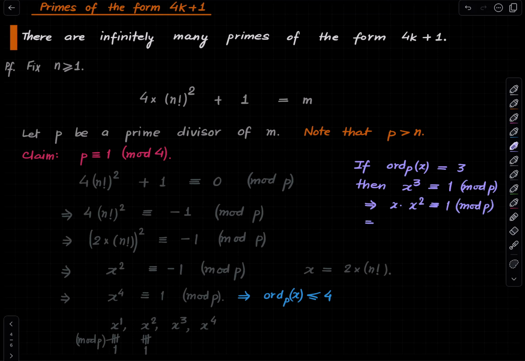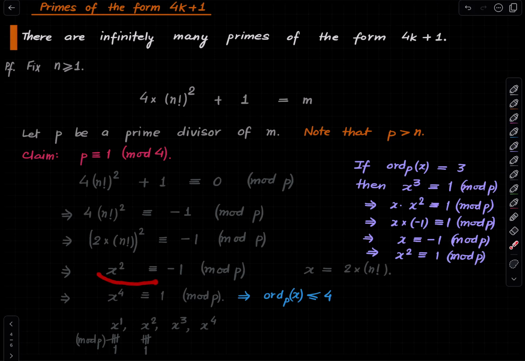Right, but that gives that x times minus 1 is congruent to 1 modulo P, which gives that x is congruent to minus 1 modulo P. But now squaring both sides, we get x square is congruent to 1 modulo P. But we already knew that x square is congruent to minus 1 modulo P. So we get that minus 1 is congruent to 1 modulo P,